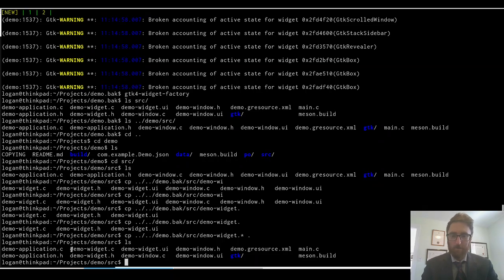We're not going to worry too much right now about what the other files have in them, except to the extent that we need to integrate our customized widget into that application, right? And you can certainly, as an exercise in your own time, do a deeper dive into what the code actually is in the other files. Not a problem. So let's open up demo